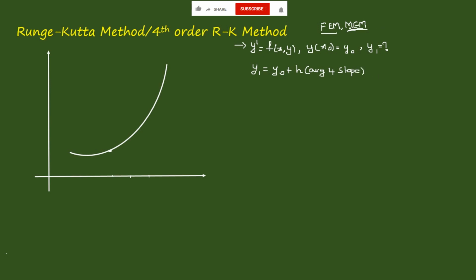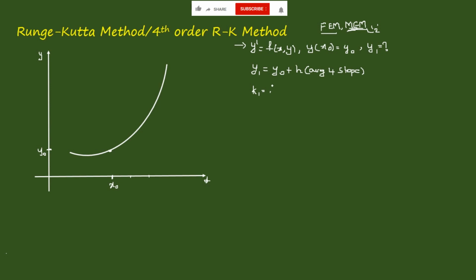By modified Euler's method we'll be considering only 2 average slopes, right? If you want to understand more, please look at the modified Euler's method. If you consider this particular graph, this is the x-axis, this is the y-axis. If you consider the function in this particular format, I mean assuming it, and this is x naught, and this is y naught, right? Now in this one we consider the value of k1,